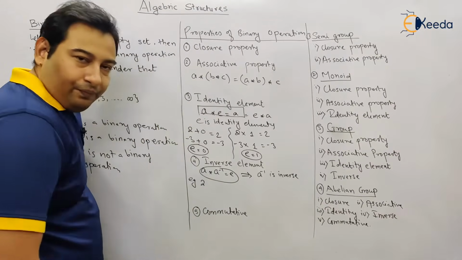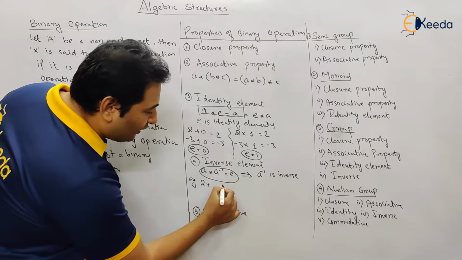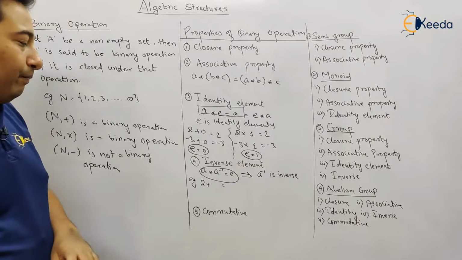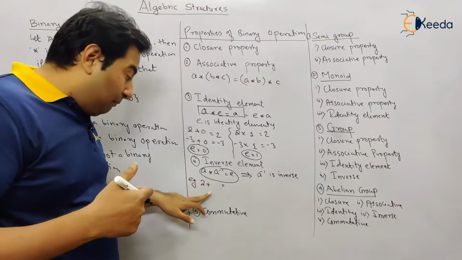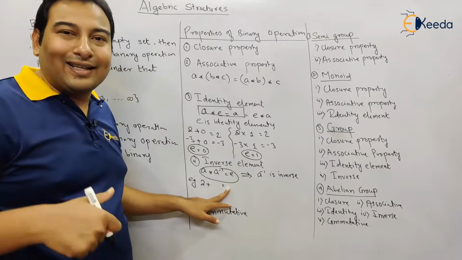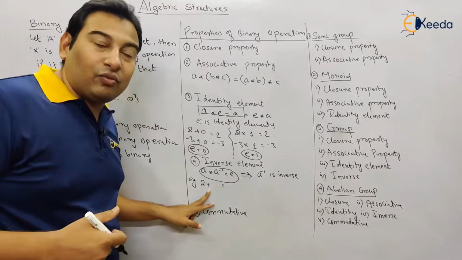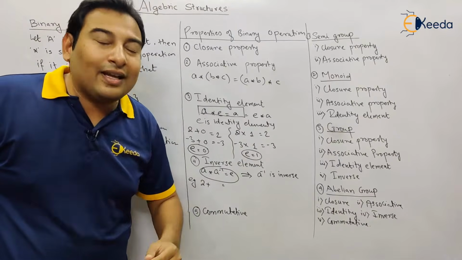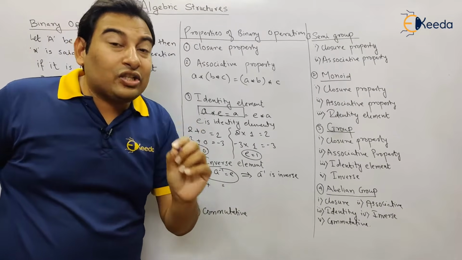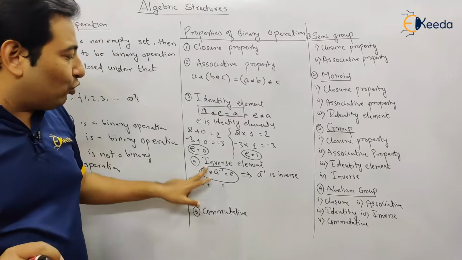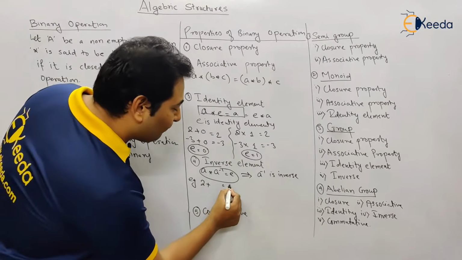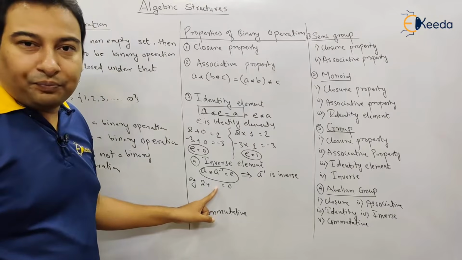Let me take 2. And if I'll take plus, here I should get the identity element. In place of A, I am taking 2. In place of star, I am taking plus. Here I should get on right hand side my identity element. Now what is the operation? What is the identity element first of all? Yes, valid question. With respect to which operation? Here we are talking about plus. So what should be the identity element? It should be 0.